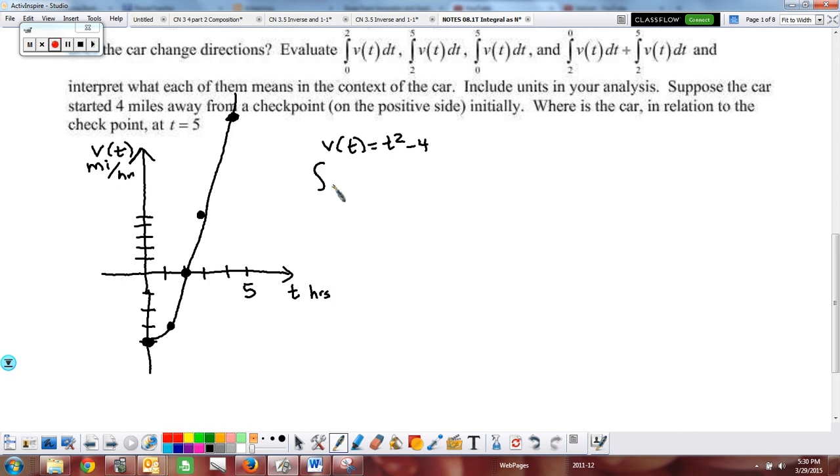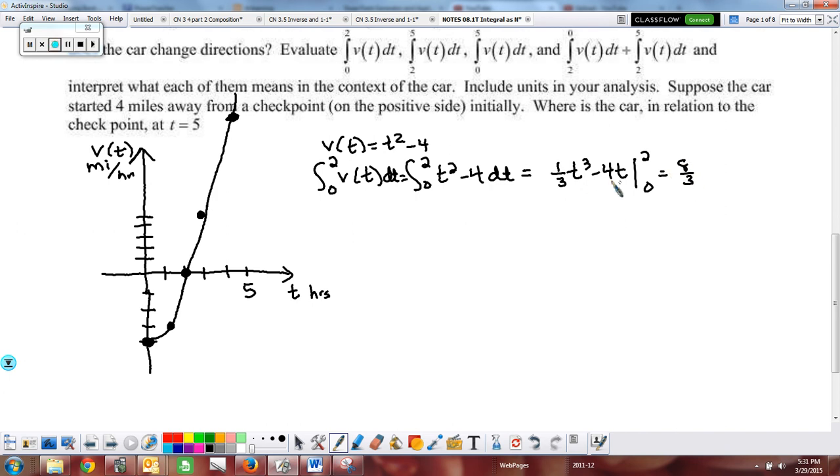So if I'm going the definite integral from 0 to 2 of v of t, which would be 0 to 2 of t squared minus 4 dt, and make sure you don't forget, even when I put it over here, that we put our dt in. If I am going to integrate this, so this is just the arithmetic, the algebra of it, I'd have 1/3 t cubed minus 4t, and we would evaluate that from 0 to 2,